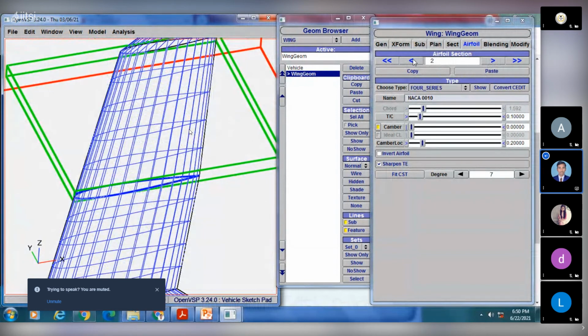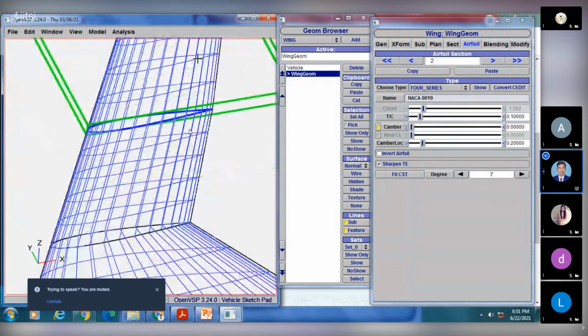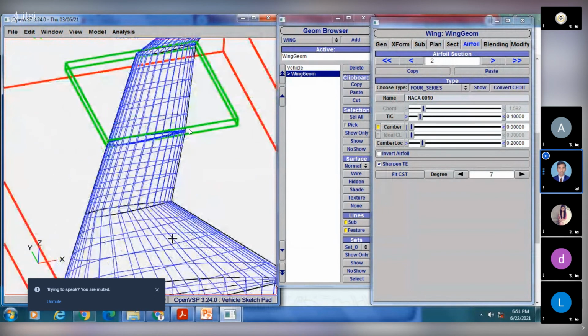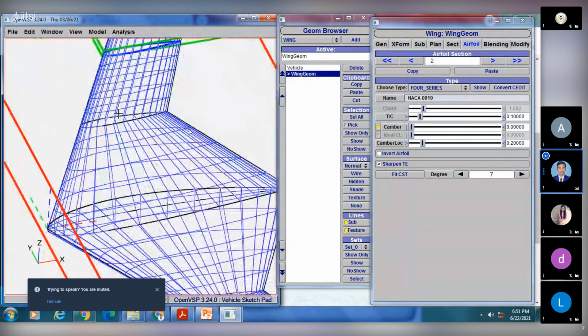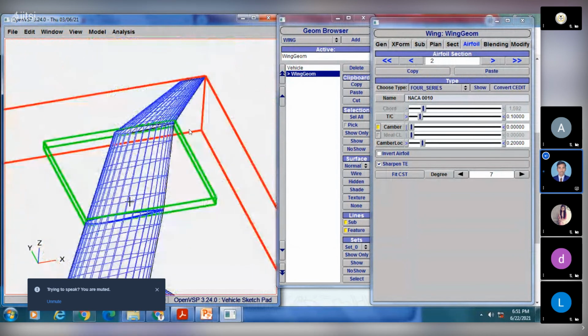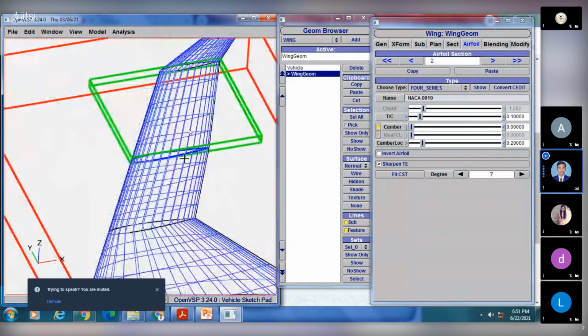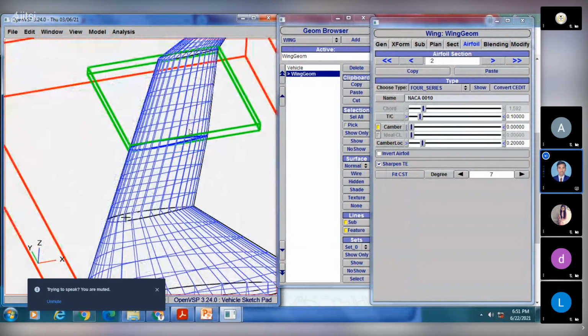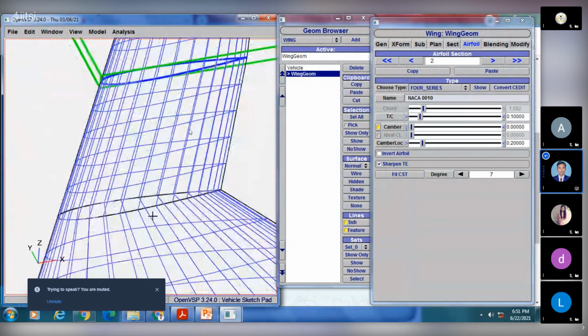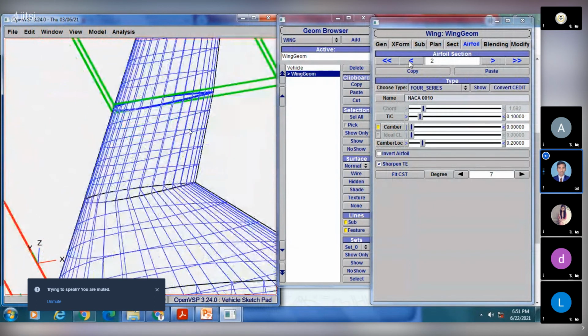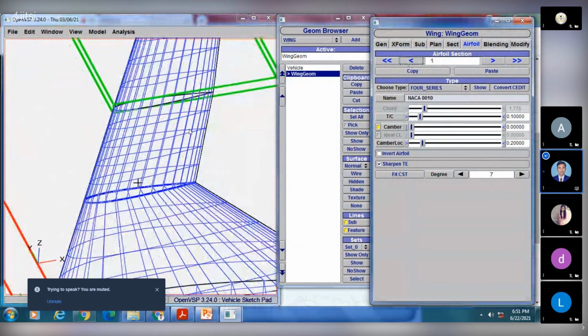Now again I will come to the first section. Here you can observe, here we have the first section, here we have the 0th section. 0th section, first section, second, third, and the last one, fourth. So now I am on the second section. Now I will come back to the first section. So now the first section is with some color, that is black color. As soon as I jump, the color will change to blue, which indicates you are in that section.